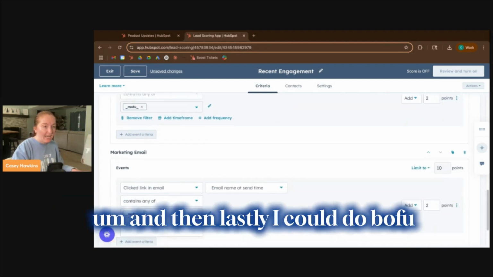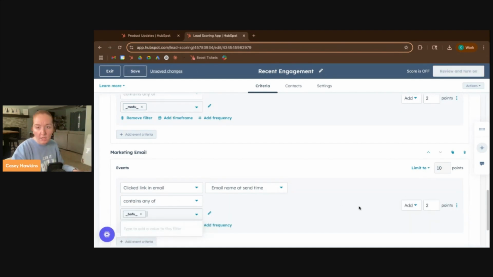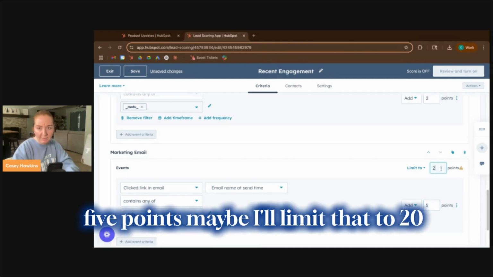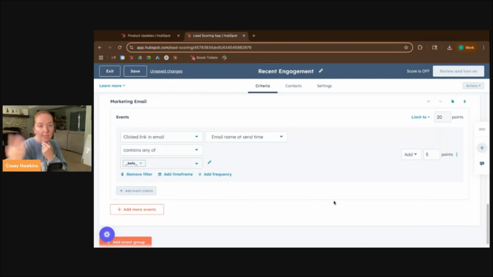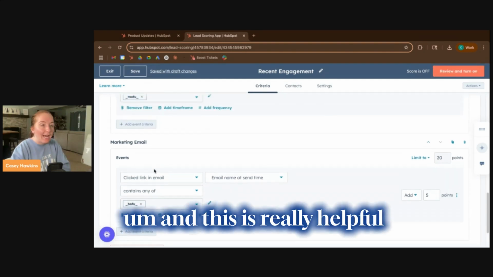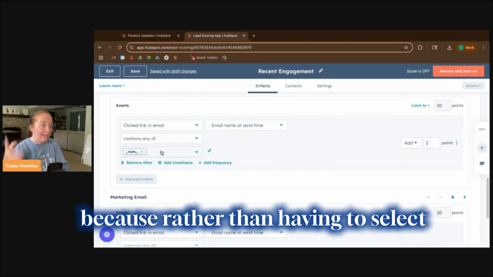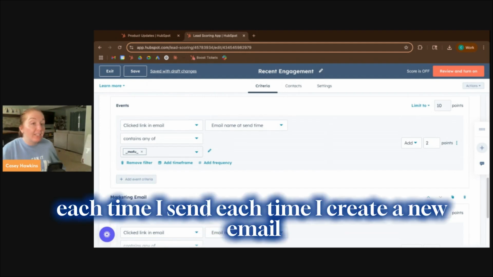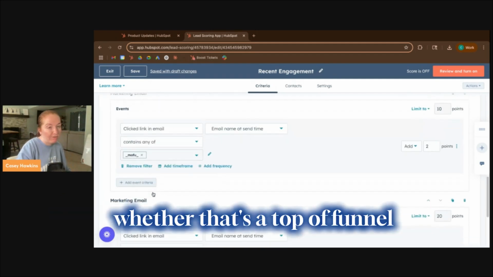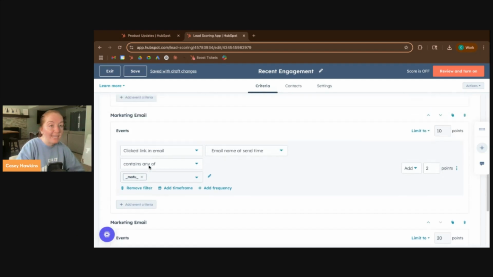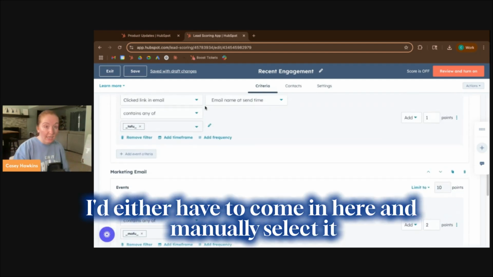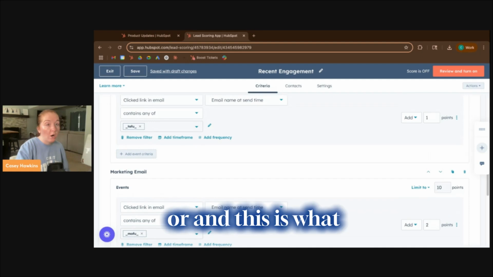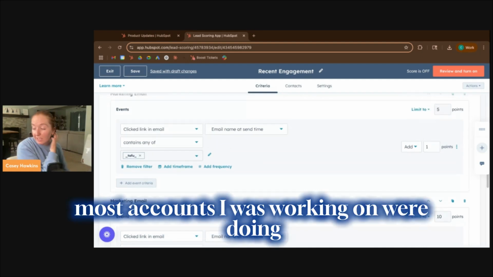And then lastly, I could do BOFU, 5 points. Maybe I'll limit that to 20. And this is really helpful because rather than having to select all of those emails each time I create a new email, whether that's a top of funnel, middle of funnel, or bottom of funnel, I'd either have to come in here and manually select it, or, and this is what most accounts I was working on were doing, they